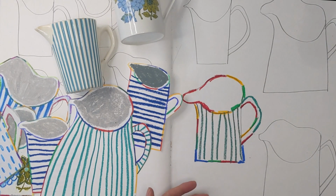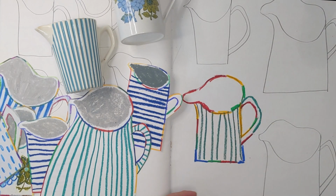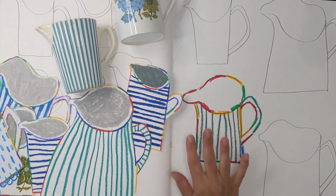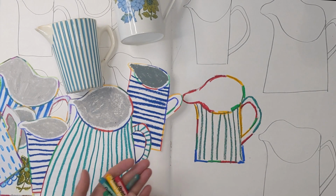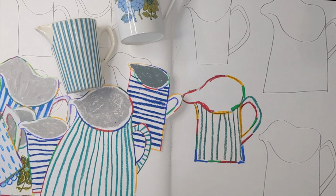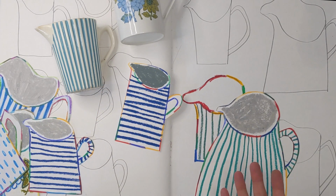Also, when I'm doing a piece of art like this that's quite playful, I may try not to be too neat and even about my lines either, because I want to get that very free feel to it. But yes, there's just the beginnings of play and simplifying shapes,